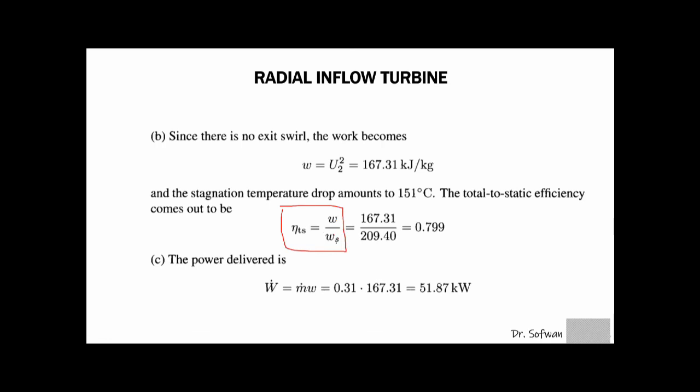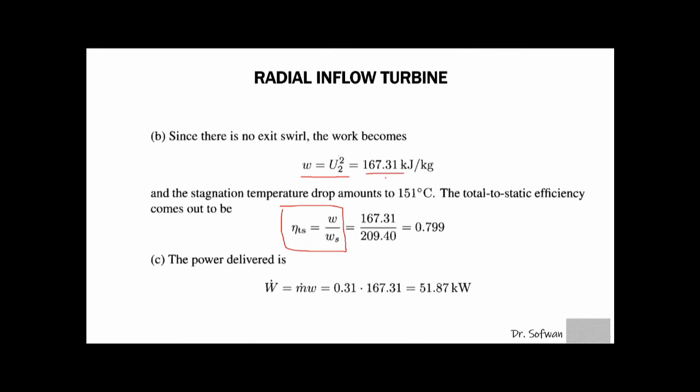Ws we have calculated when we wanted the ratio of velocities U2 over V0. Now we have to calculate the work delivered by the turbine, which is actually equal to U2 squared. We have calculated U2 before, so we just multiply U2 with U2, and we will get the value of work for this turbine,